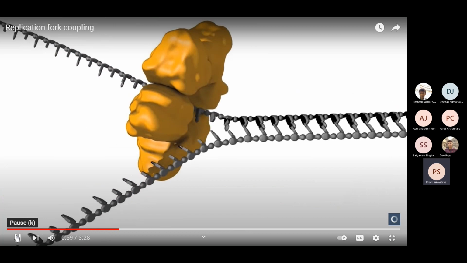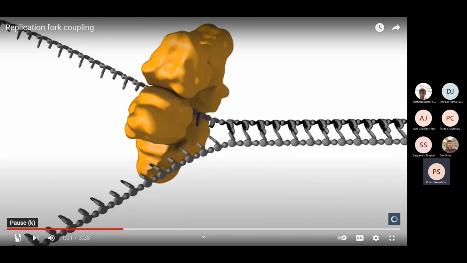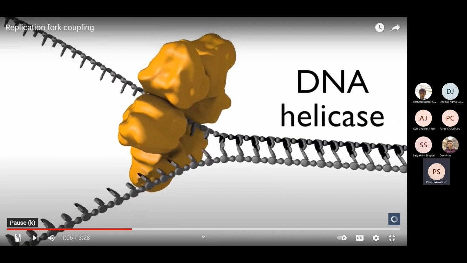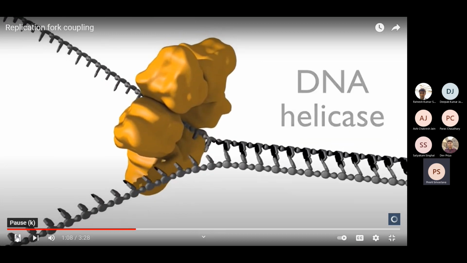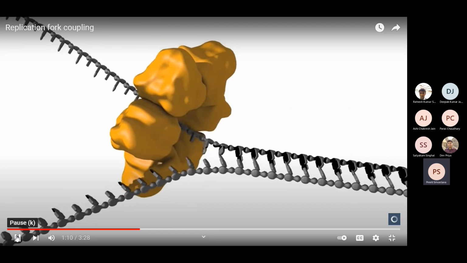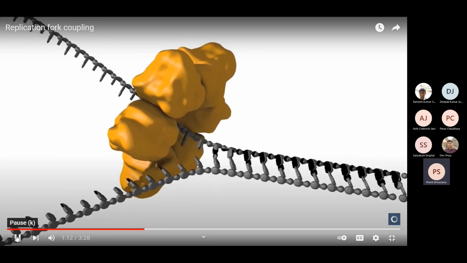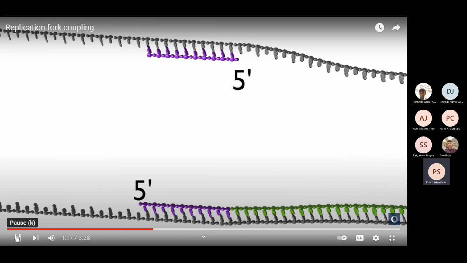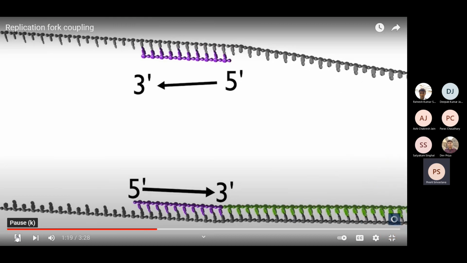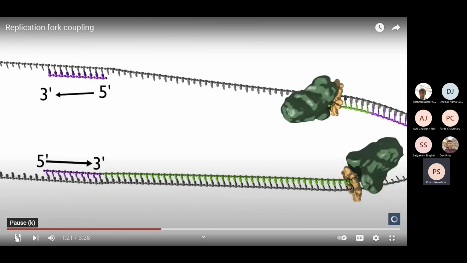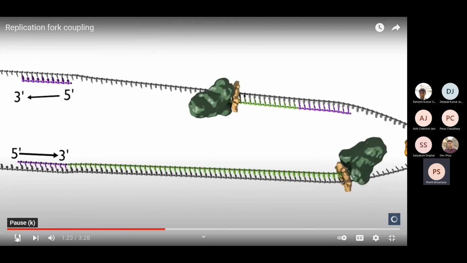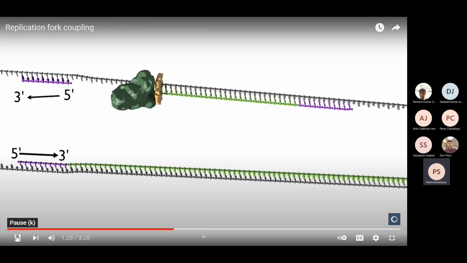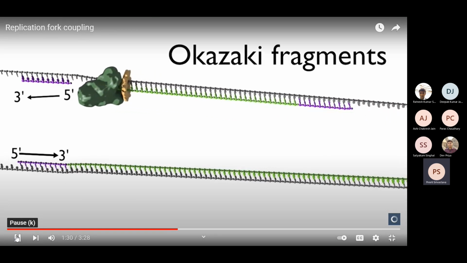To expose the single-stranded DNA at the replication fork, a six-membered ring-shaped complex called DNA helicase first separates the parental DNA strands. This separation gives the DNA polymerases the access they need to allow copying. The new DNA strand is always made in the 5' to 3' direction. Because the replication of the two DNA strands is coupled, the leading strand is copied continuously, while the lagging strand is copied in short stretches called Okazaki fragments.